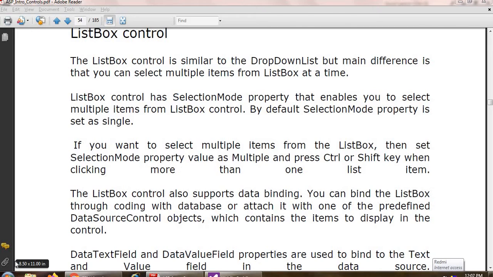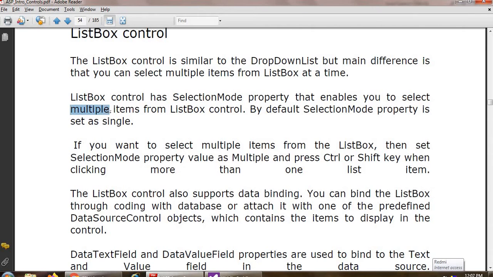Second, the list box control has some properties. The selection mode is one property. If it is single, then you can select only one item at a time. But if you want to change the selection mode property, inside the selection mode property there is another option, multiple.